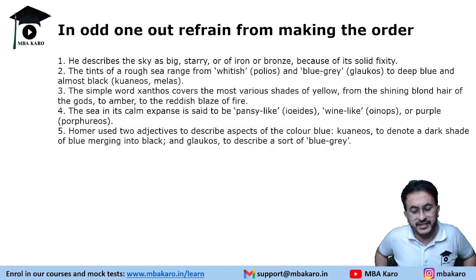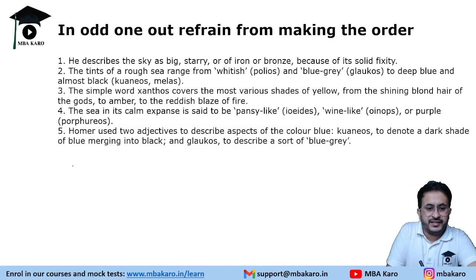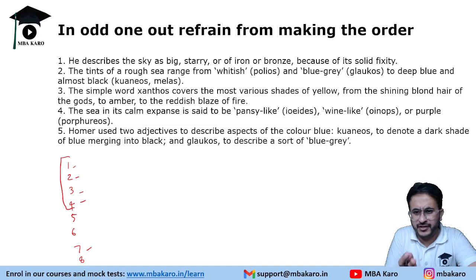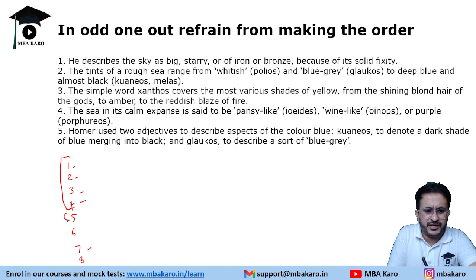What will happen in such questions is, let us say there are 8 sentences in a paragraph: 1, 2, 3, 4, 5, 6, 7, 8. They have picked 1, 2, 3, 4, and they pick the seventh sentence. Now they will be linked in some form. 1, 2, 3, 4 will be linked. Now 4 will be linked to 5.